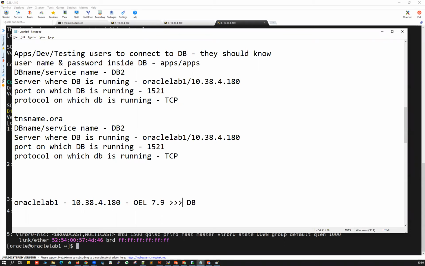The DB name we can define while installation: you can provide DB1, DevDB, ProdDB, TestDB or UATDB. So the moment you install a database on the Linux server, that becomes your Oracle database server. Oracle database server is equal to Linux plus DB. Whatever the Linux server on which you install or create your database, that becomes your Oracle database server. That's a simple understanding.